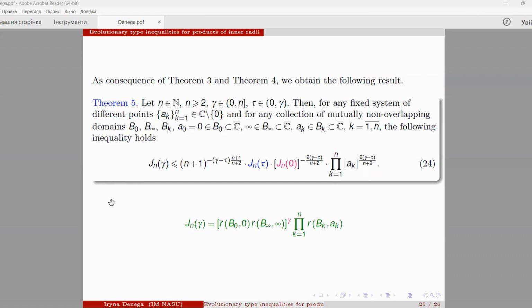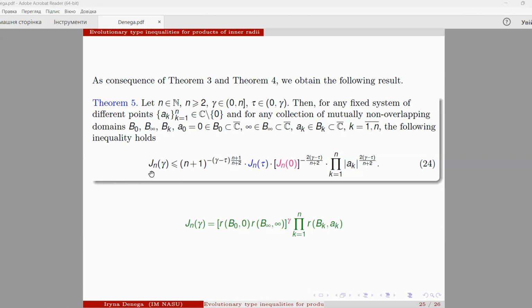Then for any fixed system of different points a_k of the complex plane, and for any collection of mutually non-overlapping domains B_0, B_infinity, B_k, a_0 equals 0 from B_0, infinity from B_infinity, and a_k from B_k, k from 1 to n,